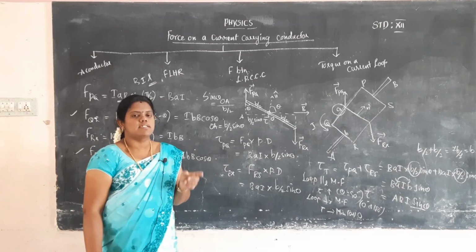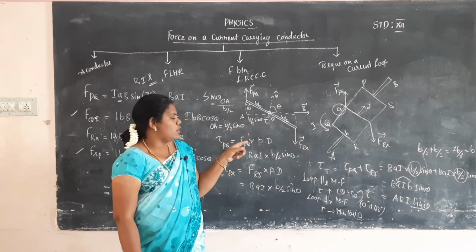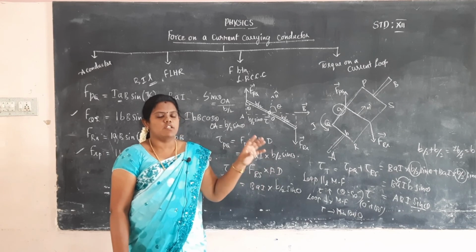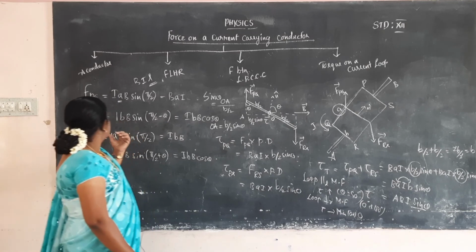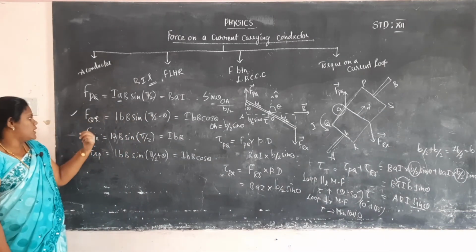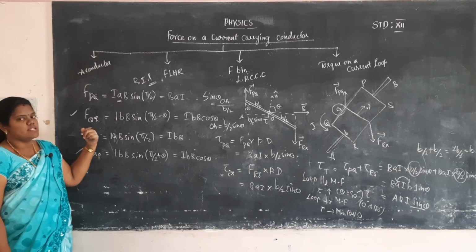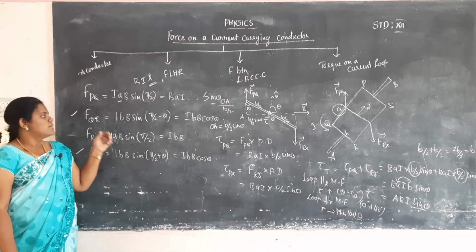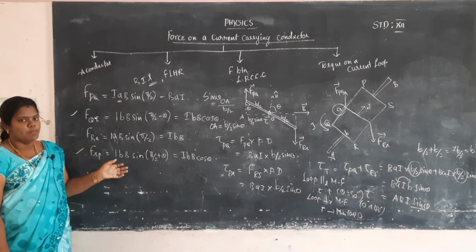First we consider one rectangular loop, with four arms PQ, QR, RS and SP, and first we calculate the force acting on each arm. First we consider the PQ arm. For the PQ arm and the RS arm, the angle is 90, but for QR the angle is 90 minus theta, and for SP the angle is 90 plus theta. This is how we easily calculate the force acting on each arm in a rectangular loop.